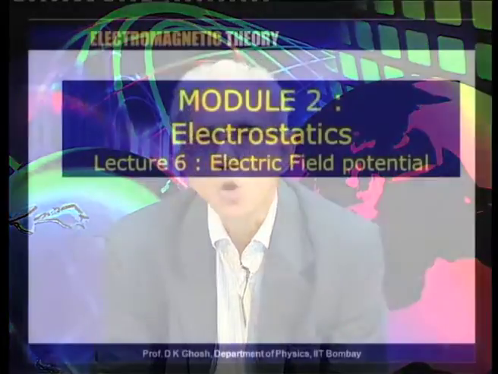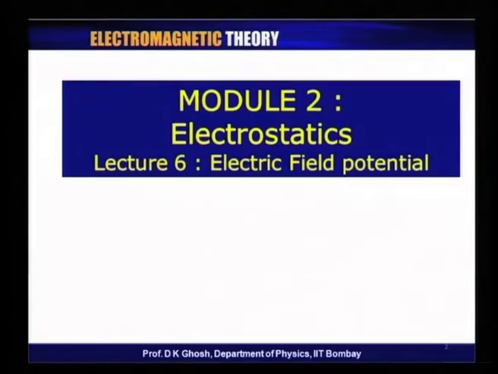In the last module, consisting of about 5 lectures, we have laid the mathematical foundation for getting into electromagnetic theory. We will now begin with a discussion of electrostatics. As the name suggests, this is the phenomena associated with charges which are not in motion. So, we will be talking about electric field and consequently a potential which arises from such a field.